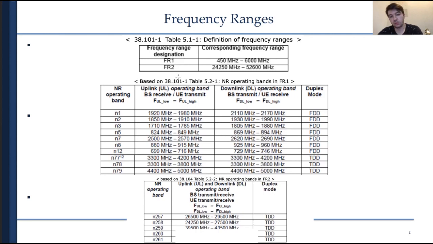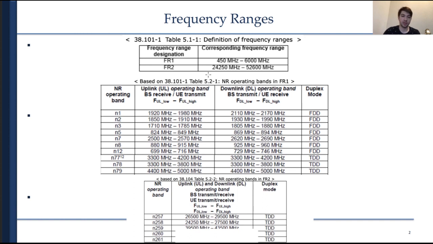And the second frequency range is from 24,250 megahertz to 52,000 megahertz. This is frequency range 2 and is commonly referred to as the millimeter wave band. So this is exactly the frequency band that promises us a lot of performance gain, a lot of innovations, new solutions, and new experiences. But so far, it is not yet employed